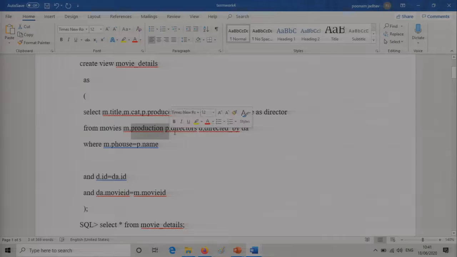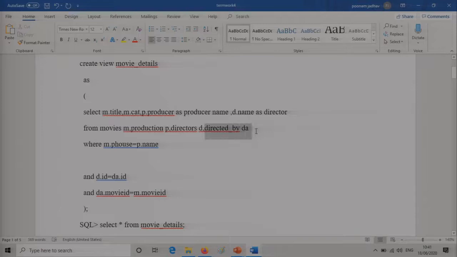And from which table? From the table movie, which has been given the alias M. Then there is producer, which has been given the alias P, and then there are directors, which have been given the alias D. And definitely between the movies and directors there is a relationship table, which is directed_by. It has an underscore here.